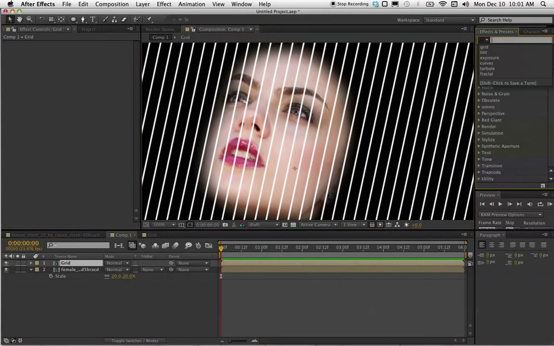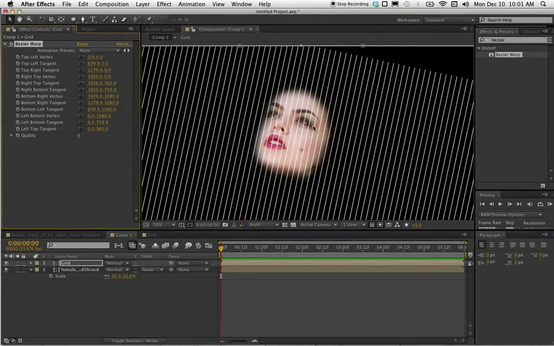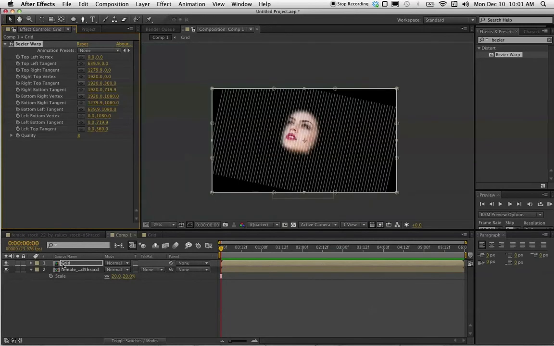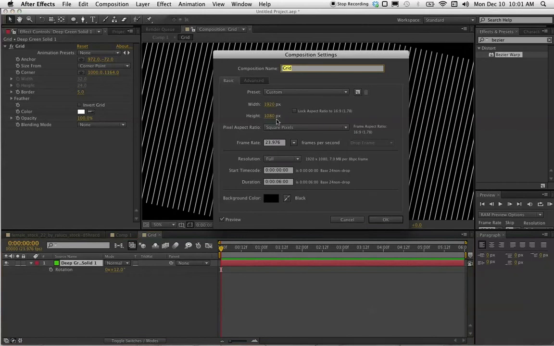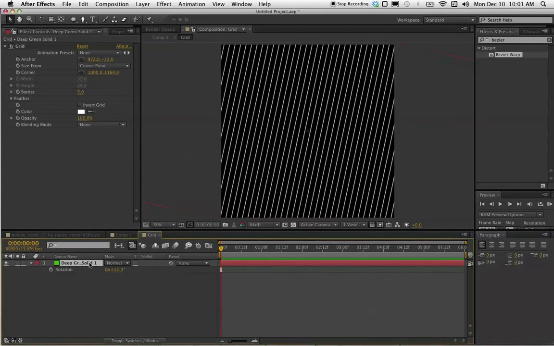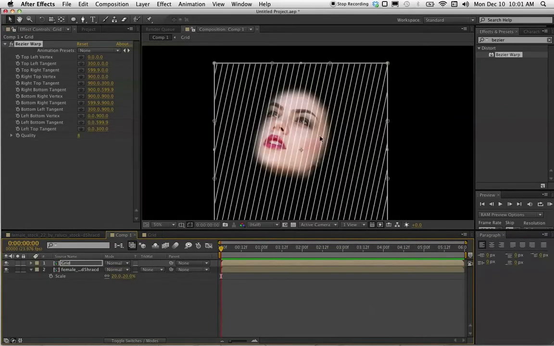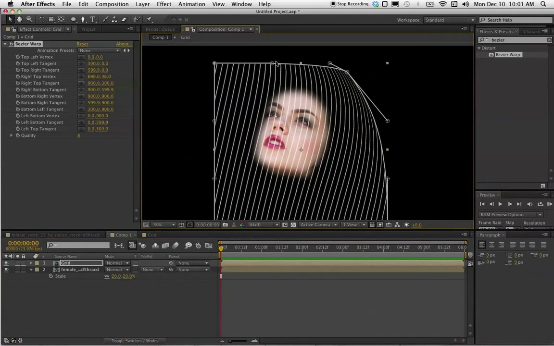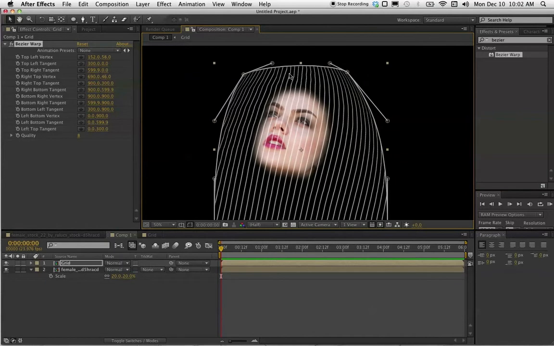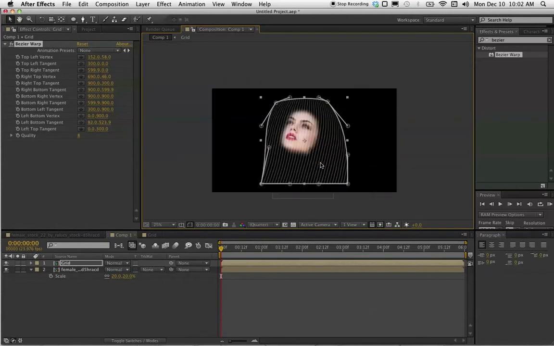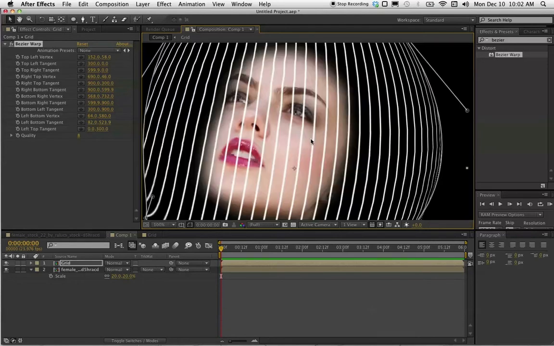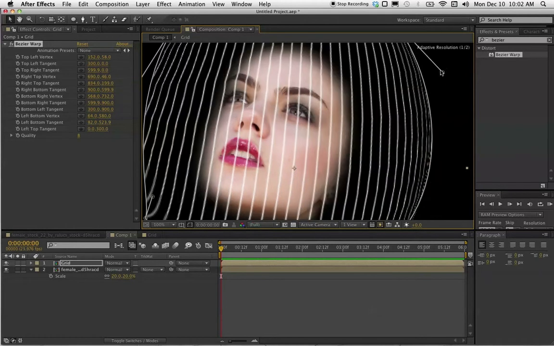And acting a little slow, but what we're going to do is grab a Bezier warp, and we're actually going to make this composition a lot smaller. Maybe 900 by 900, something like that. And then we're just going to start pulling in these points. This one over here, give it a nice little curve to it. Bring that in. Just start basically warping the points around the face and stuff like that until we have it